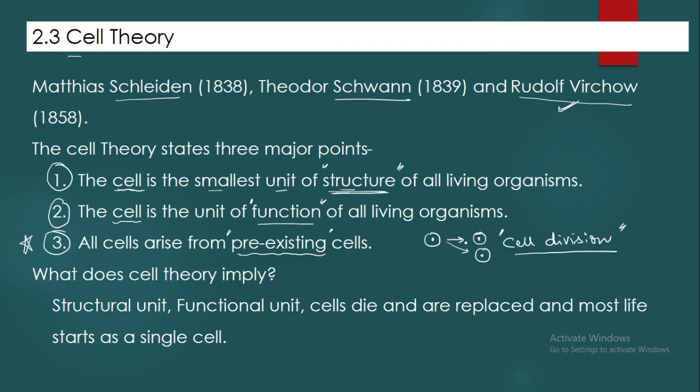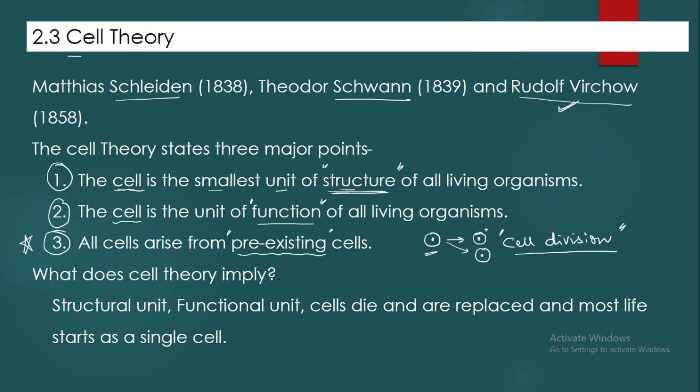Because all living organisms also have to die. So life and death is part of the living organism. A non-living object does not have life, does not have death. It is just an inanimate object. So for a living organism, one of the most important criteria to be called living also includes reproduction, that it should be able to make more of its type.